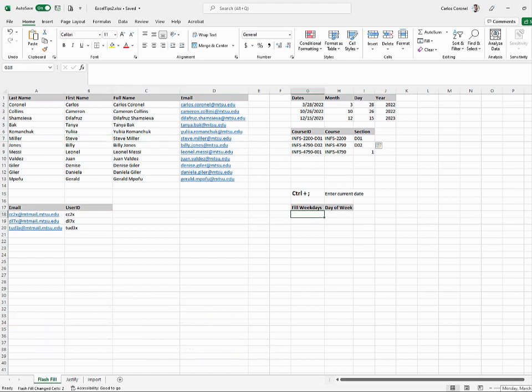Now, another example, and this is very handy when you're trying to build your course schedule, is using this feature right here to complete the weekdays. For example, today, the shortcut to enter today is Control semicolon, and it enters that day. Normally what you will do is drag this down and it adds 1 to the day, 21, 22, 23, until 30. That's fine and dandy, but if you're building your class schedule, you don't have classes on Saturdays and Sundays, for example. Or you can right click on the date,